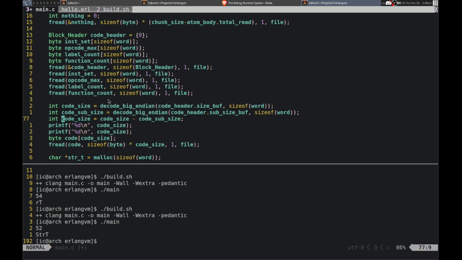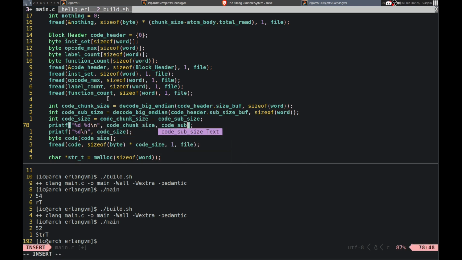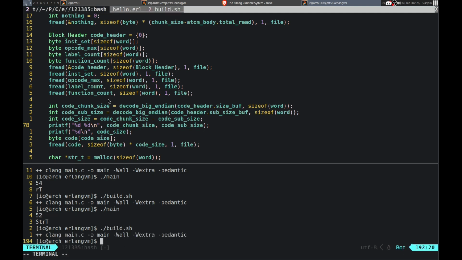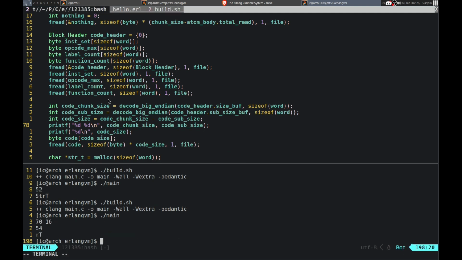Shoot. Actually, this is supposed to be chunk size, there we go. That's fine. Okay, and also print out the sub size. Code sub size. Let's see. So, 70 and 16.